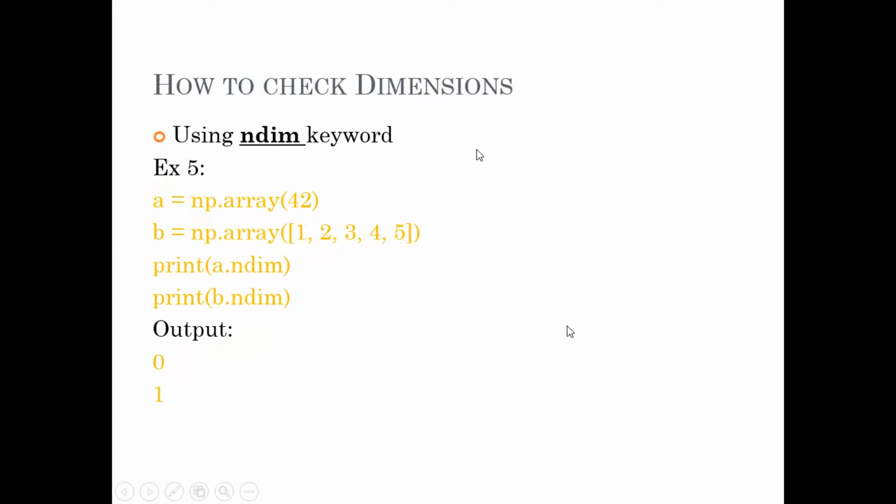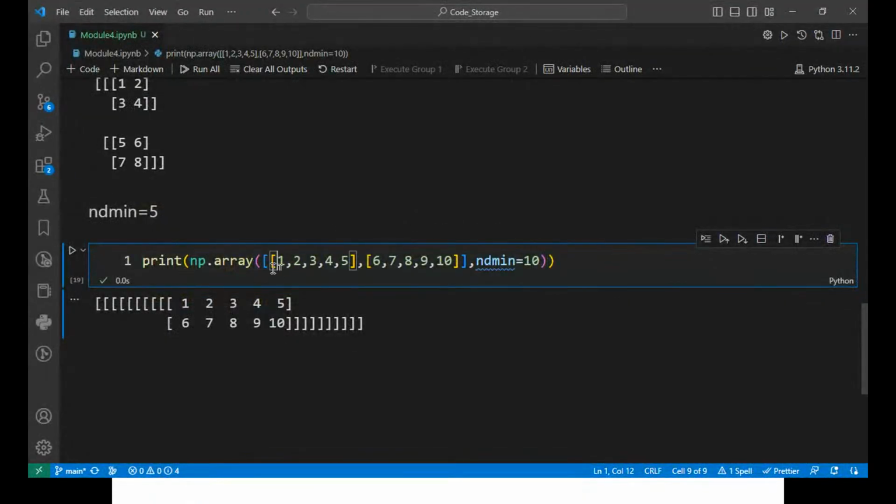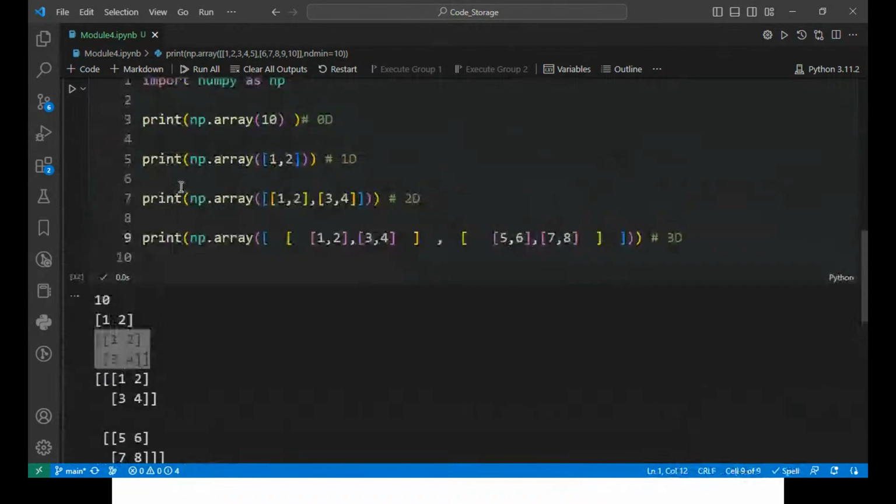How do you check the dimensions? How do you check what dimension your array is? You can check that with the help of ndim, n dimensions. Using the keyword ndim, you can use. This is my A, which dimension? See, it is zero dimension. This is of one dimension. So you can see 190 here. Alright, you can do that with the existing program itself. If I want to find what is the